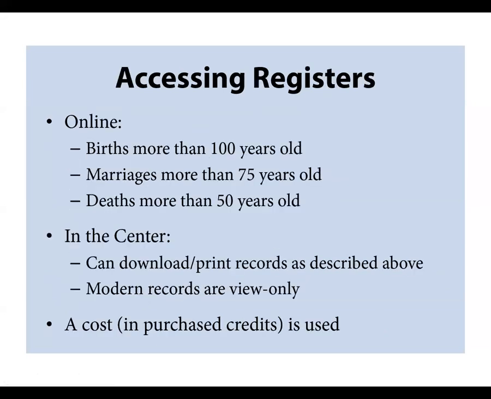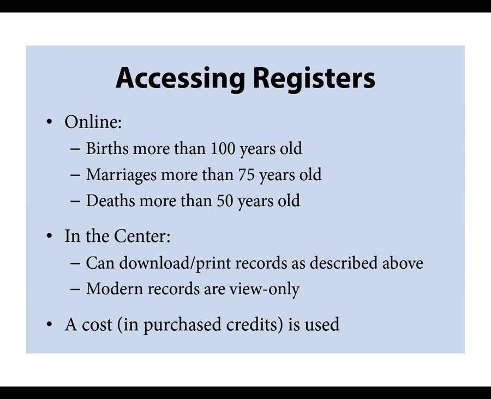Accessing registers. Online, they have the rules that births more than 100 years old are accessible, marriages not more than 75 years old, and deaths more than 50 years old. In the center, you can download and print records as described above. You can also see modern records are on view only, so you can make notes, but you can't get a